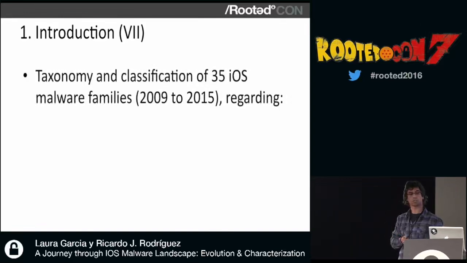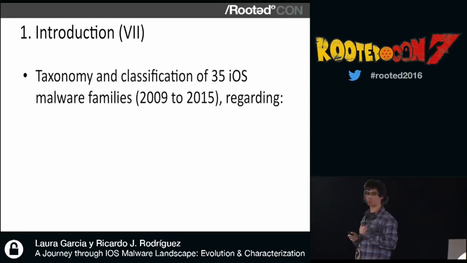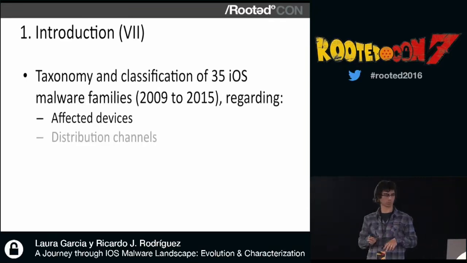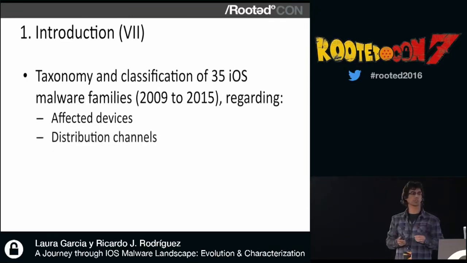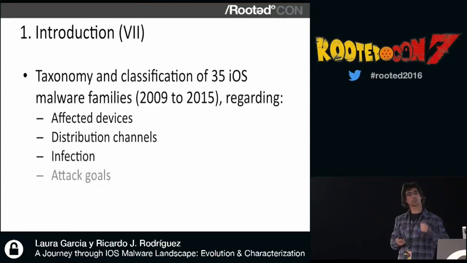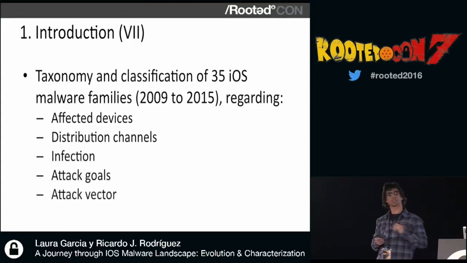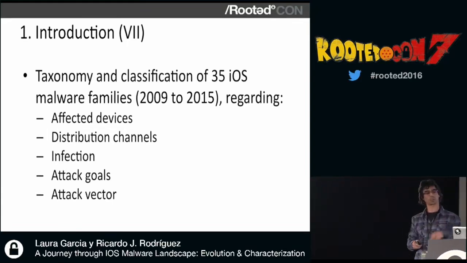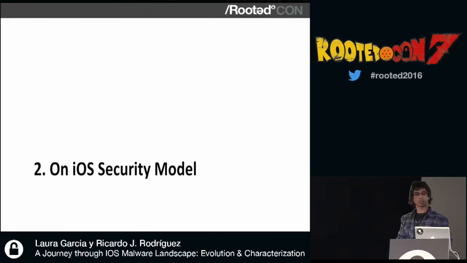So with this research, we have classified 35 iOS malware families from 2009 to 2013 regarding these parameters. We consider the devices affected, the distribution channels, the infection, the attack goals, and the attack vectors. I want to tell you more about this taxonomy and classification. Secondly,